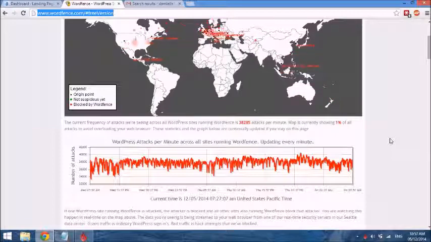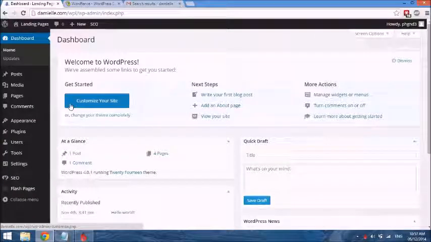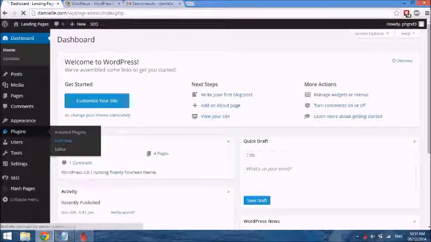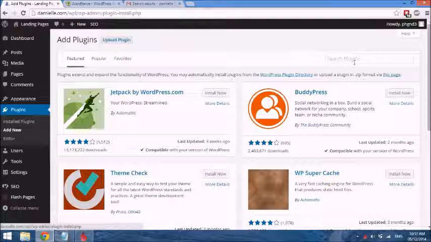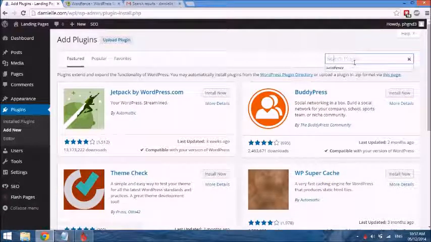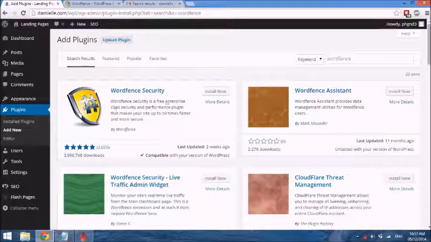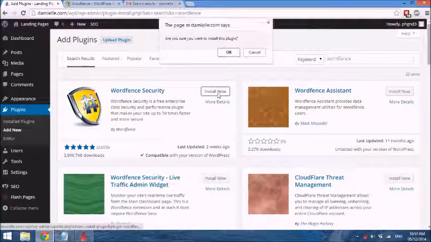Okay, so to install it, let me just jump over to a fresh install of WordPress here. Like I said, this is one of the first plugins I always install. So I wanted to go to a fresh install so that I can show you exactly how to install this. It installs just like any other plugin. So we'll go to plugins and add new from our WordPress dashboard, and you can just type in Wordfence, and it should be the first one. There you go, Wordfence security. Click install now,